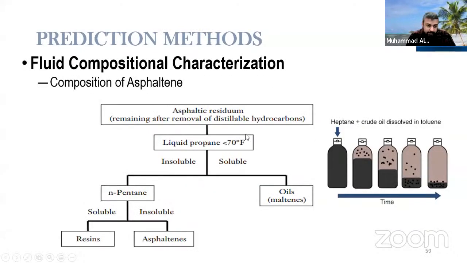Now, this is another test for asphaltene. What we do is we take oil inside a container and we mix it with heptane, just pure heptane. Heptane, as you know, is a pure hydrocarbon. We just take the heptane and mix it with the oil, and once you mix it, the asphaltene particles will come out, as you see here. So it tells us that it has asphaltene and it has a tendency to destabilize. This is what we can find out through the